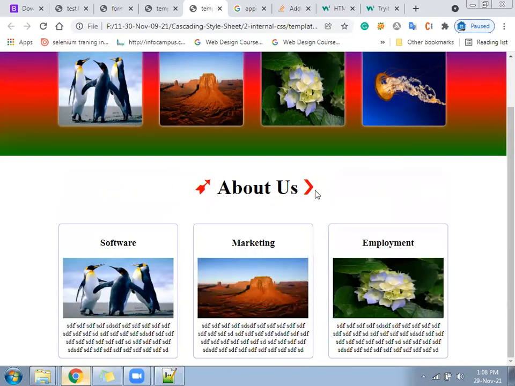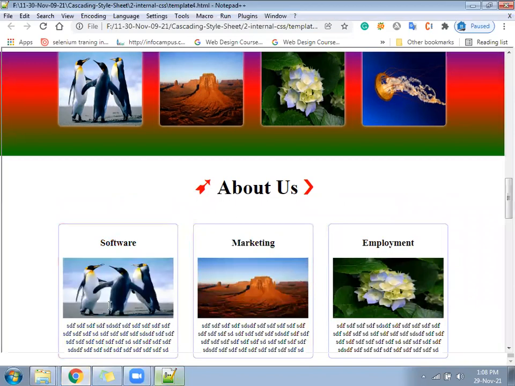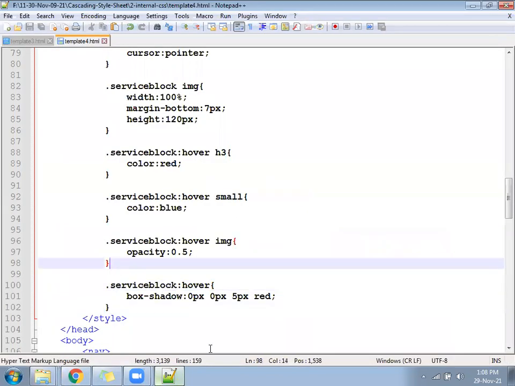That is the value of your CSS. Similar or different? Yes, no should come.